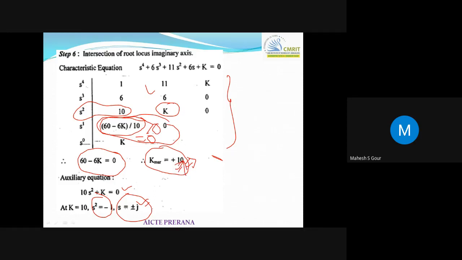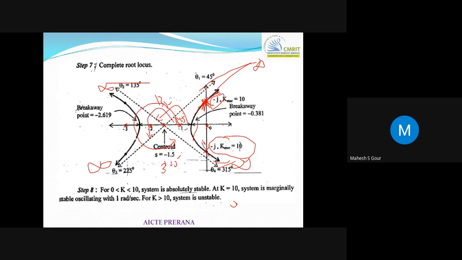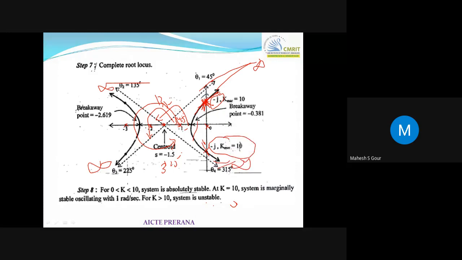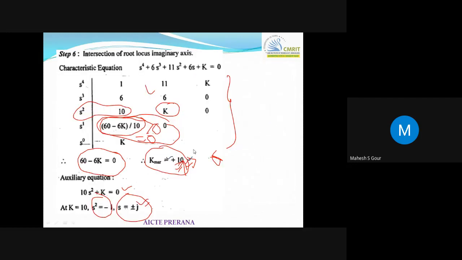So if you increase k more than 10, you can see in the graph also. See, when you increase more than 10, what is happening to your root locus? This is the maximum value, right? So after this, if you plot your root locus, the system will become unstable. Everyone agrees? K value is maximum 10. You got that by solving this part, right? So when you increase k more than this, your system is becoming unstable because the root locus is going to the right hand side. That you can see using this equation also.